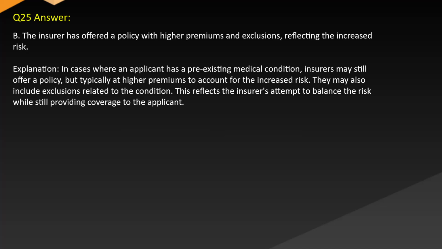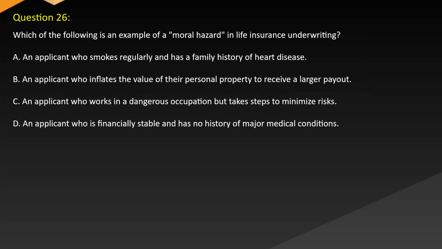Answer: B. The amount the policyholder must pay out of pocket before the insurer will cover a claim. Explanation: a deductible is the portion of a claim that the policyholder is responsible for paying before the insurer begins to pay out. The deductible is subtracted from the total claim amount and the insurer covers the remainder. A higher deductible generally leads to lower premiums, but increases the out-of-pocket costs for the insured in the event of a loss. Question 26. Scenario-based.